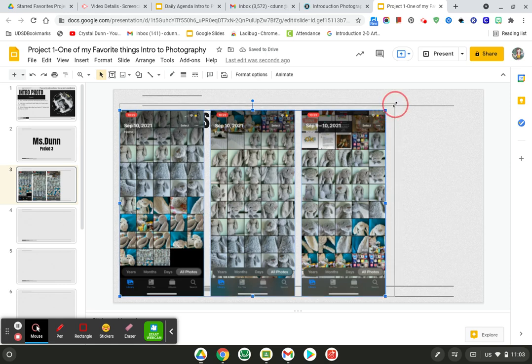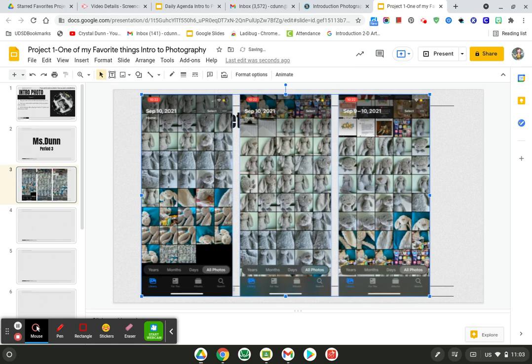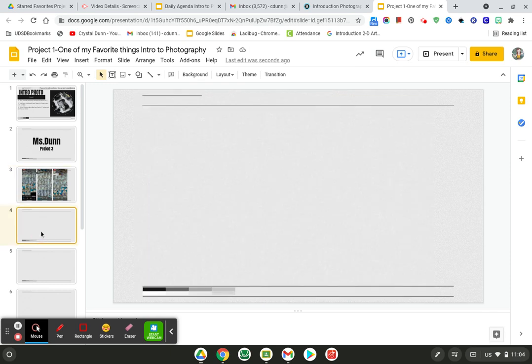It's okay if you cover up contact sheets, or if you want to move it around, that's fine too. I'm going to know these are your contact sheets, so you're going to leave it just like this. Okay, so then I can easily view them. Then you're going to go to the next slide, and this is where you're going to upload your favorite